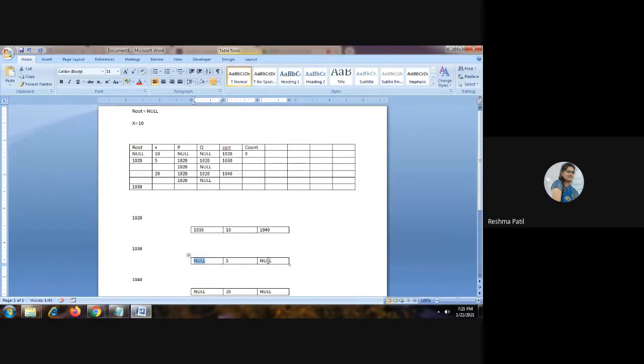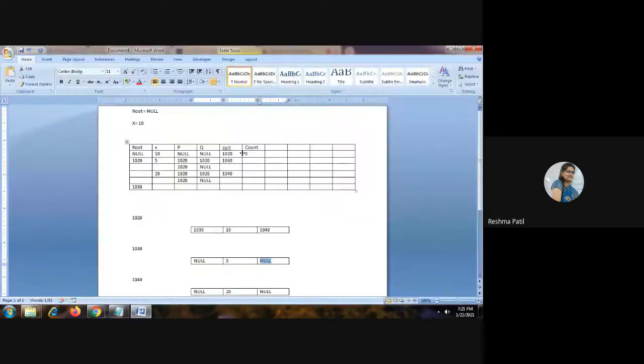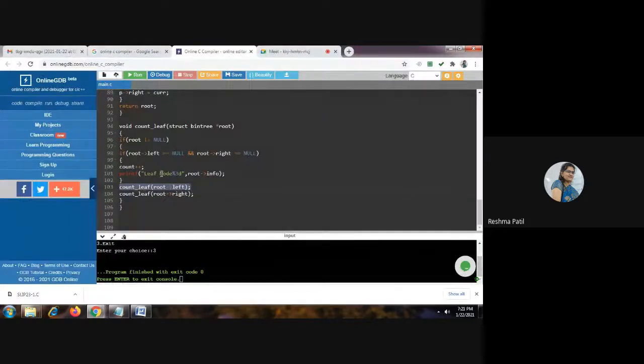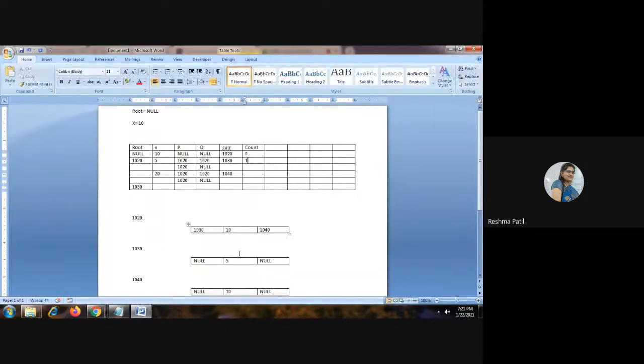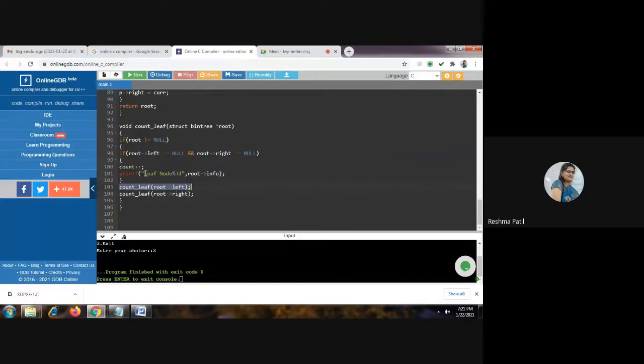Yes, it is also null. So what do we have to do? Increment the count variable by 1. Printf, leaf node %d, root info. So here 5 is the leaf node, and leaf node 5 will be printed on the console.